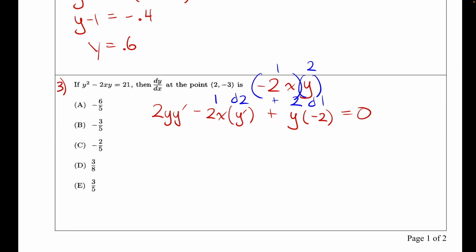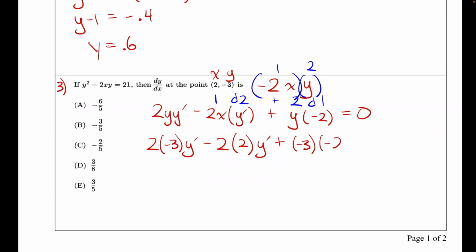And I'm going to immediately plug in my x coordinate of 2 and a y coordinate of negative 3. So this is going to be 2 times negative 3 times y prime minus 2 times, here comes my x of 2 times y prime plus y, which is negative 3 times negative 2, and that's all still equal to 0. And this has become a much easier problem. I'm going to go ahead and simplify here. I have a negative 6 y prime minus a 4 y prime plus a 6, and that's set equal to